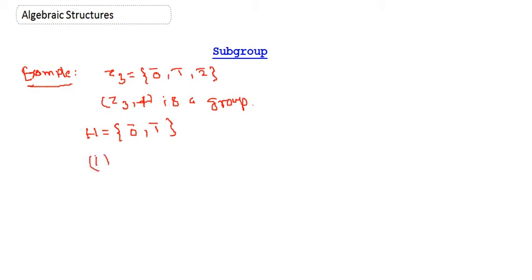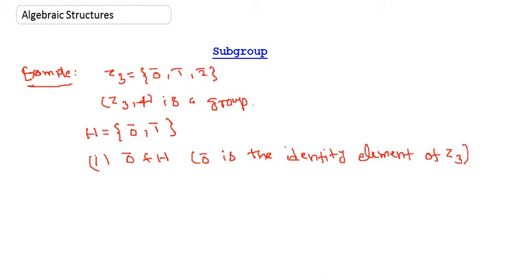First, H contains the identity element of Z3, because 0 bar is the identity element. So 0 bar belongs to H, and the first property is okay. Next consider the second property. We have 0 bar plus 0 bar. If I add these two we get 0 bar, so it's okay. Now if I add 0 bar plus 1 bar,